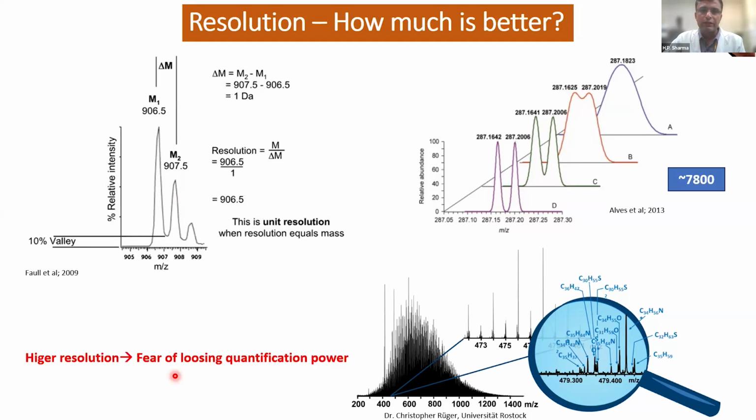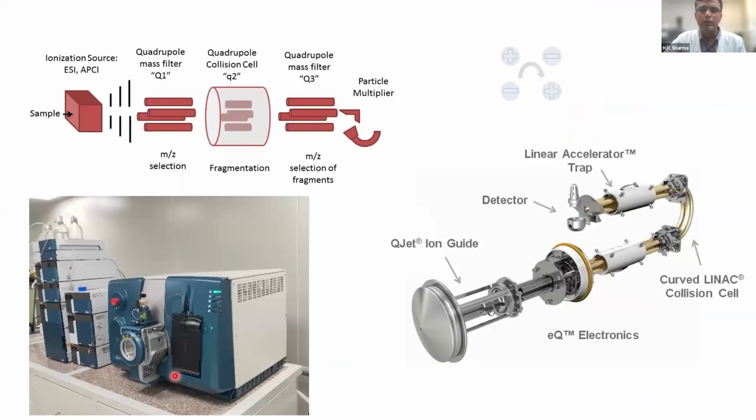I'll explain it in much more detail in later slides. From here, let's move on to how this unit mass resolution, or low resolution mass spectrometer, or high precision mass spectrometer, looks from inside. So this is the instrument which is there in my laboratory, and it is actually the